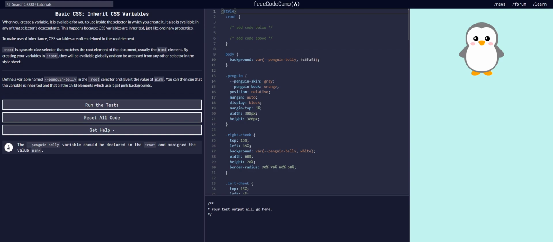Whenever you create a variable, it is available for you to use inside the selector in which you create it. It is also available in any of the selector's descendants. This happens because CSS variables are inherited, just like ordinary properties. To make use of inheritance, CSS variables are often defined in the root element. Root is a pseudo-class selector that matches the root element of the document, usually the HTML element. By creating a variable in root,